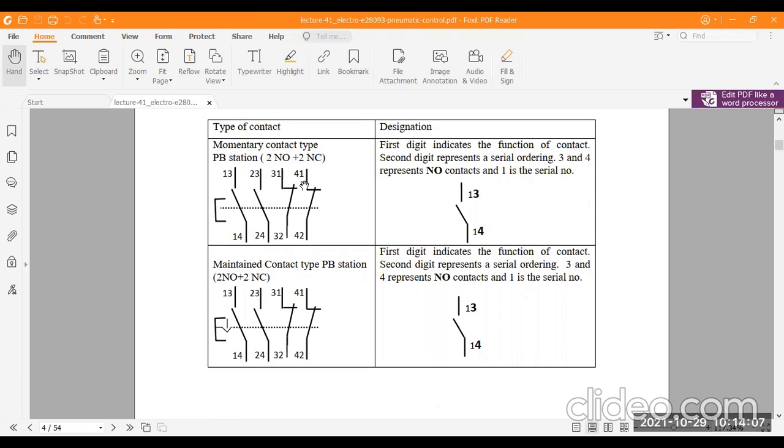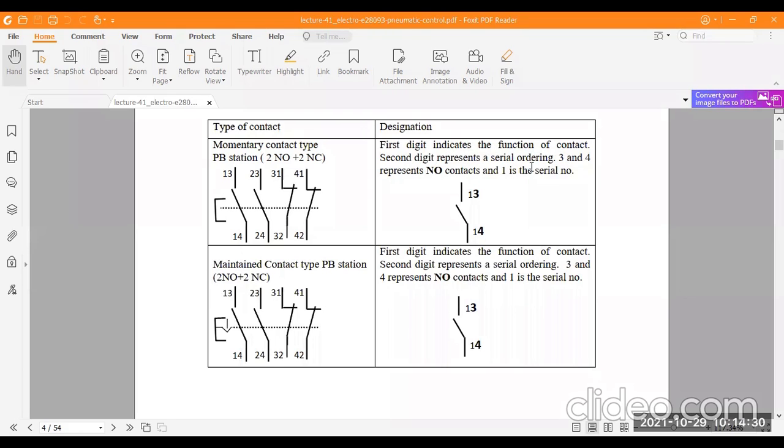Another one is a two-connection, normally connected NC type switch. That is a normally connected switch. These two parts also. So this is the momentary contact type push button switch, sometimes called a PB station or push button switches. The first digit indicates the function of the contact, and the second digit represents a serial